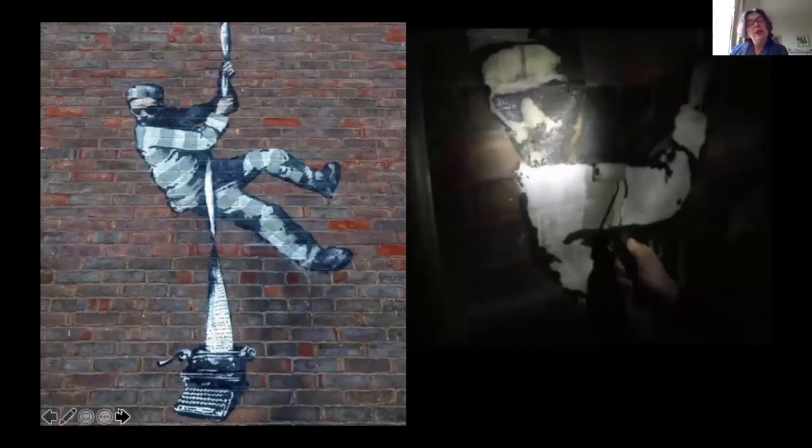So guess who the artist is? It's Banksy. Oh, it's amazing. This was revealed Monday last week. And this is on the wall of Reading Prison. And this is supposed to be Oscar Wilde escaping. And the work is called Create to Escape. And on the right-hand side, actually for the first time, it was filmed to show it, as evidence of a Banksy.